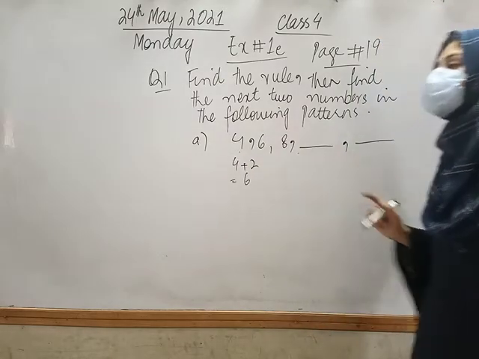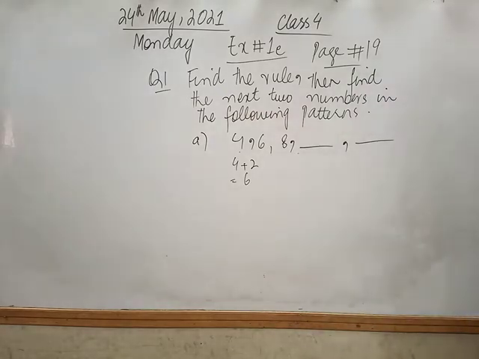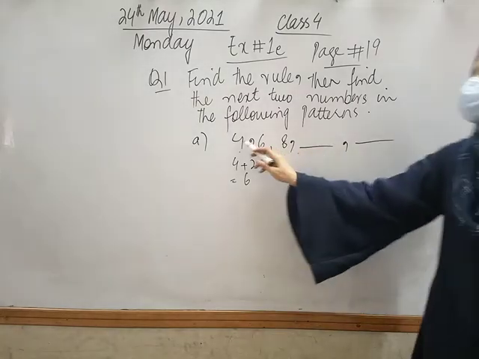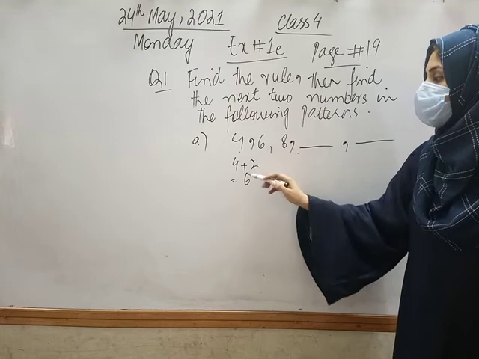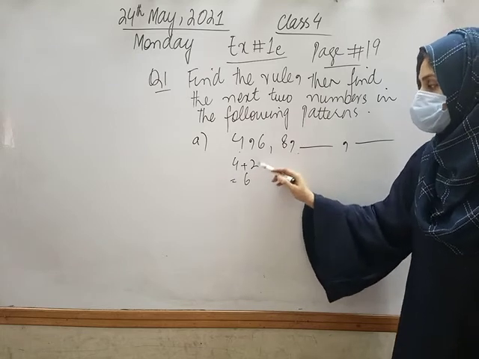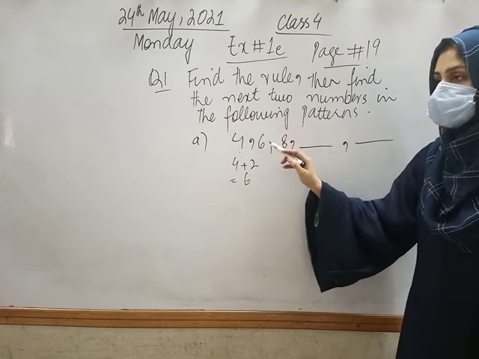Fine. First of all, we will decide what type of order it is. Now we have decided that this is ascending. If the order is ascending, we will follow this rule. Which operations will we use in it? Plus and multiplication. Fine. Now the first number is 4 and I will add 2 to make 6, which is the next number.